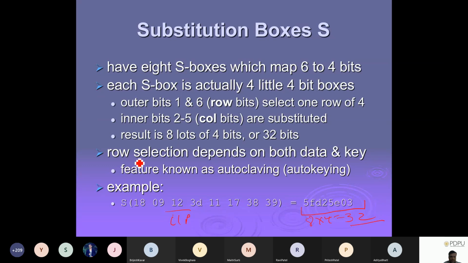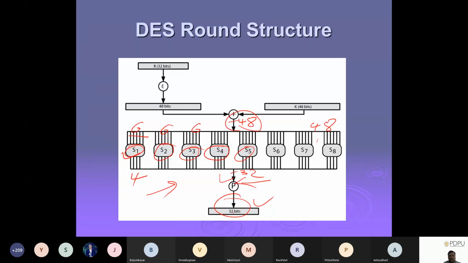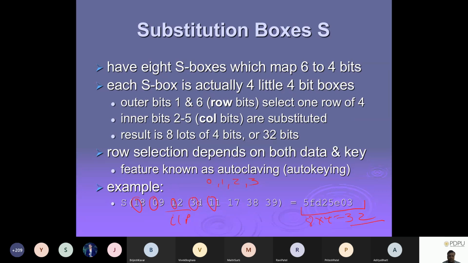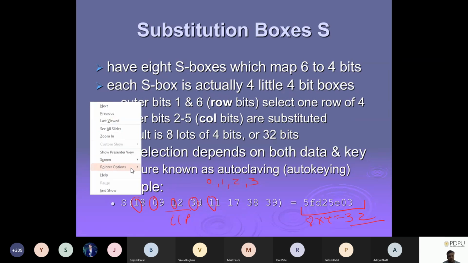Now just try to observe the first digit of every number. It will be either 0, 1, 2 or 3 only. That's all. The reason is that I am giving 6 bits only, right? So the total 48 bits I have, I will divide into 8 parts of 6 bits each. Anyhow, I take the first 2 bits and the next 4 bits, so it will divide these 6 bits into 2 plus 4. That's where they are going to divide, and that's why you can see that the first digit will always be between 0, 1, 2, 3. That is the logic.